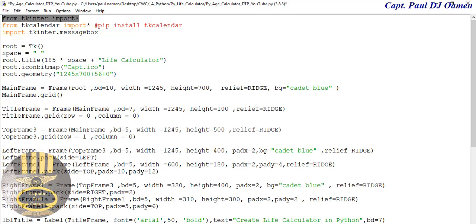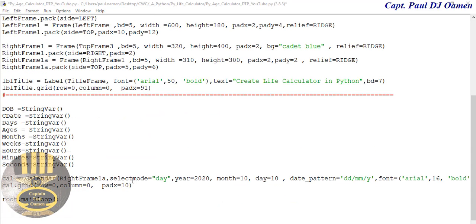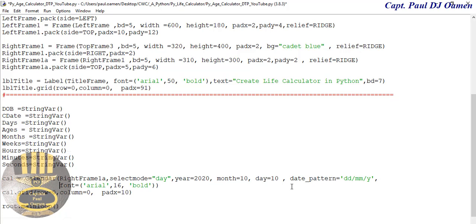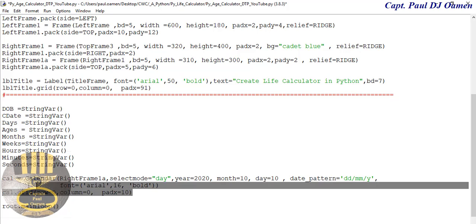Okay, let's continue. And that's it right there. Those are the details that I need to create my calendar. You might not be able to see this properly. Let's just press that and come right down, and here that's the preference for the pattern of my date. So that's all you need to create your